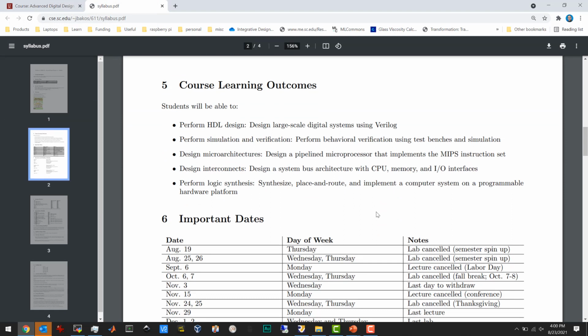Okay, section 5, course learning outcomes. This is a more specific version of the catalog description. We're learning HDL, as I mentioned. We used to use Verilog. Now we went from VHDL to Verilog to System Verilog. So over the years, I have evolved the content. We've refined things. We're going to be talking about simulation and verification,